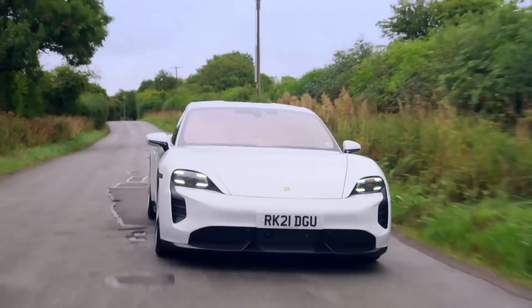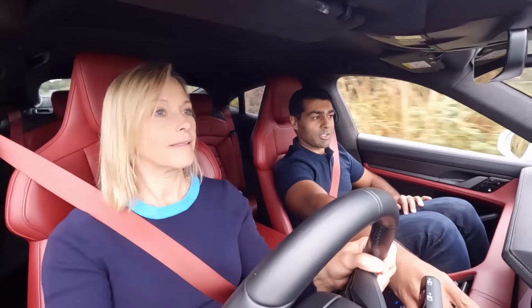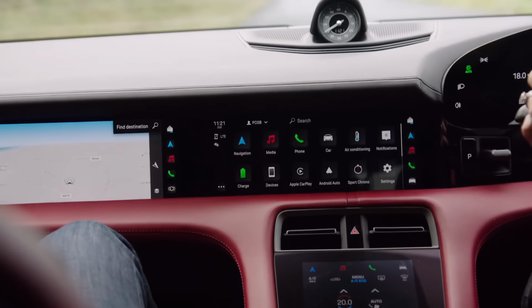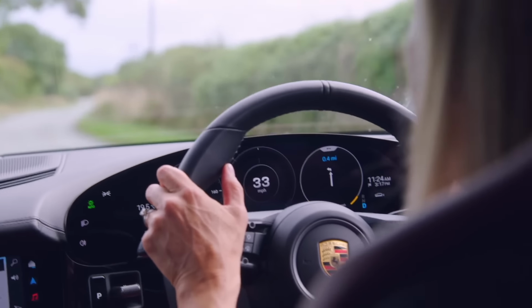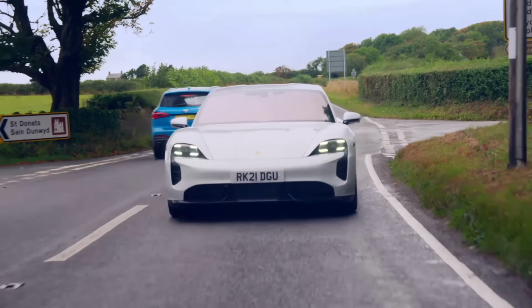I like the fact that they bought into this minimalist electric revolution, if you like. Like the little gear stick there, just a little lever. The dash, smaller. You know. And the power dial is in front of me, like you had the rev counter. The one thing I will say,